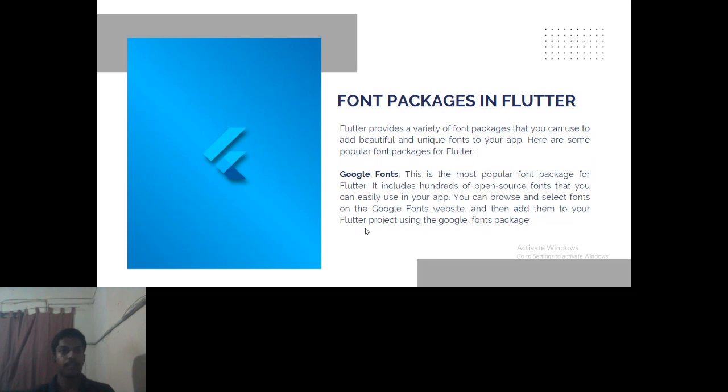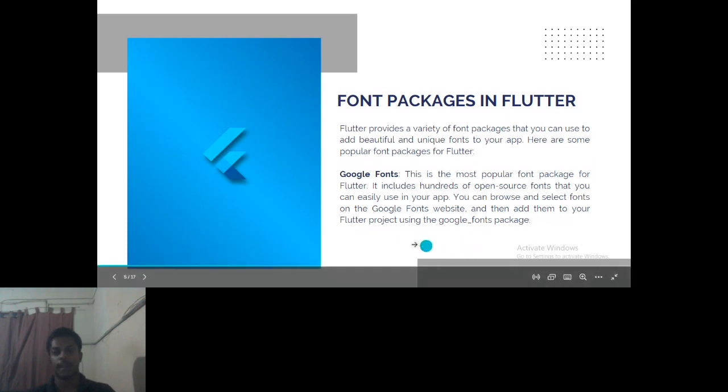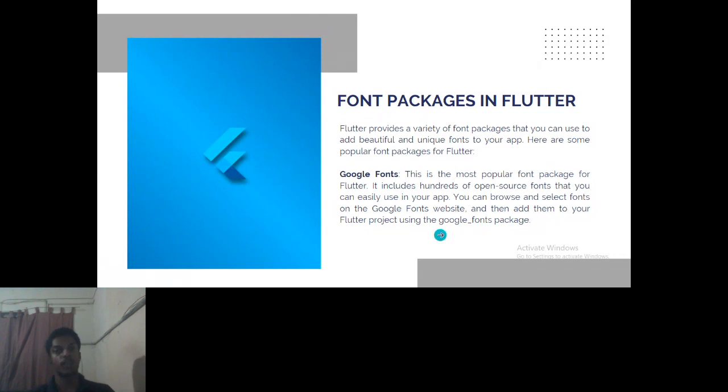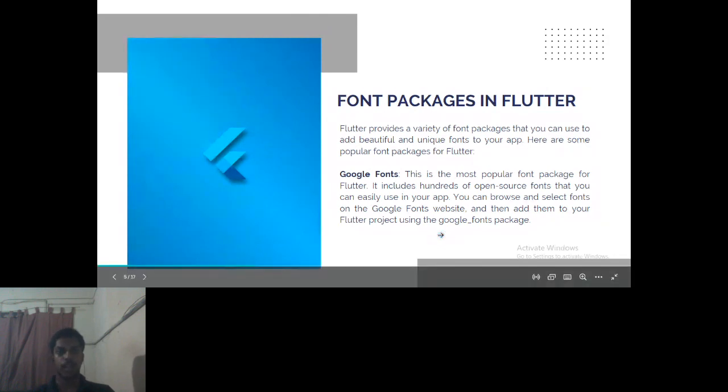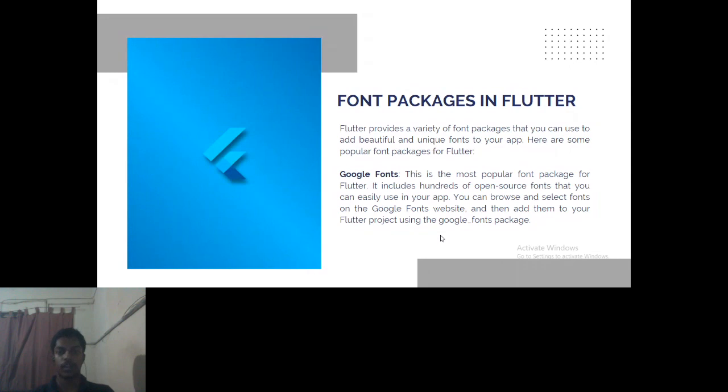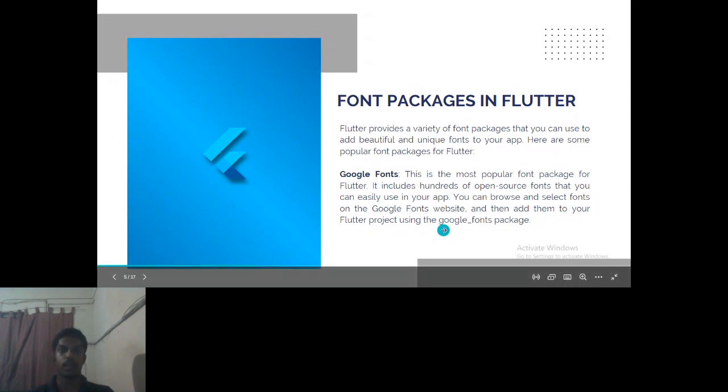So under that website, we have to simply search in the search bar for the Google Fonts package. Here you can see it written: google_fonts package. This is the Google Fonts package where you can insert Google fonts into your Flutter project with your own styles and your own weights, whether bold text, italic text, or font weight 400,